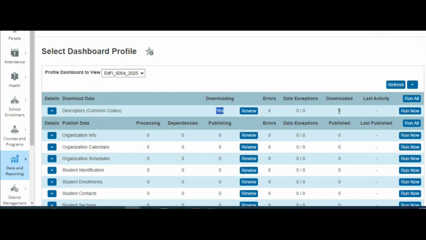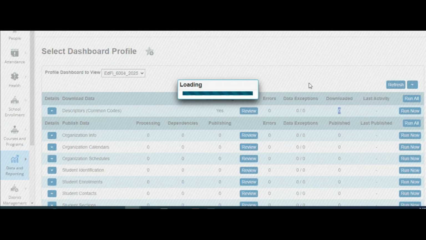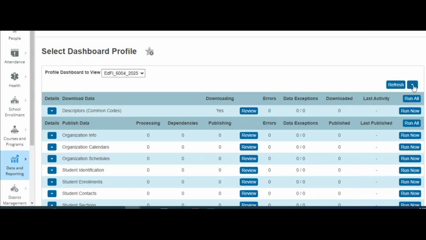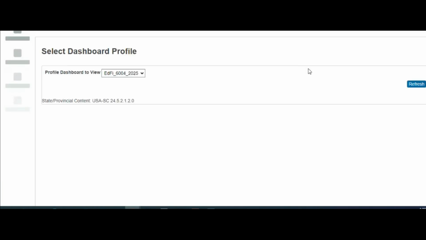And in just a second, I'm going to see a number other than 0 start to appear in my downloaded column. I can refresh. Some of you might like to use this refresh timer. I don't love that because then it catches me off guard. Sometimes when I'm trying to do something, it refreshes the page. So I prefer to control that myself. But if you like that, you can do that. It might take a few minutes for this to finish. I'm going to fast forward the video a bit for you so you don't have to sit here while I'm waiting for this, but you could kick this off. It will take a few minutes to finish. Usually the descriptor download doesn't take too terribly long, but it can take a few minutes.